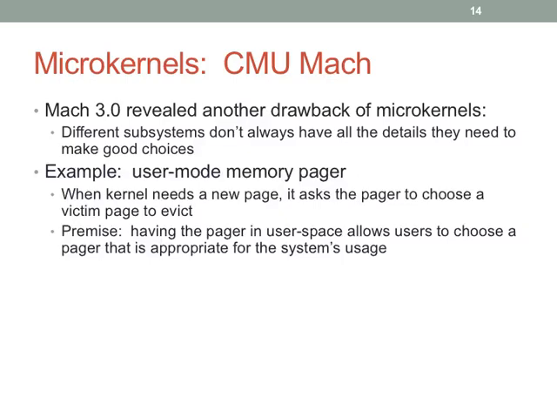So user mode memory pager, kernel needs a page. It needs to figure out what page it can evict, so it asks the pager. So maybe I can change out pagers depending on the way I'm using the OS. Databases actually complicate this significantly because they do a lot of sequential scans. And sequential scans, if you have an unintelligent pager, then they can make really bad decisions in the context of scans. And so maybe you have a more clever pager if you happen to be running a database server or something like that.